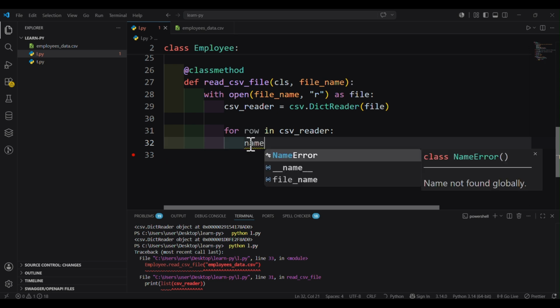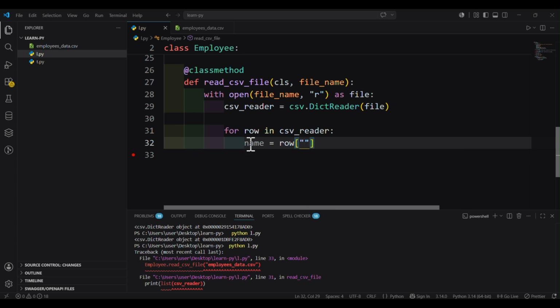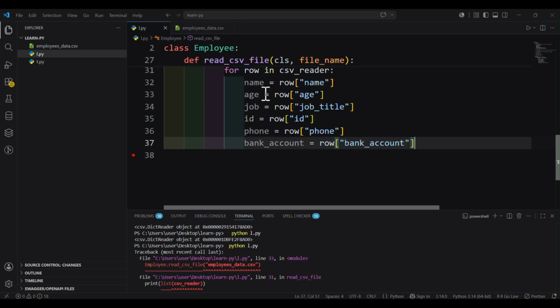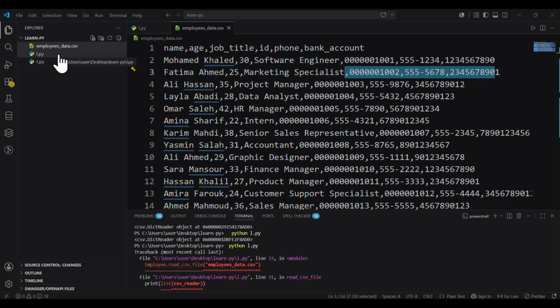Okay, name is equal to row of name. Age is equal to row of age, and all these data: name, age, job, ID, phone, bank account. So this is a row, this is a row, this is a row. So each row will take it,